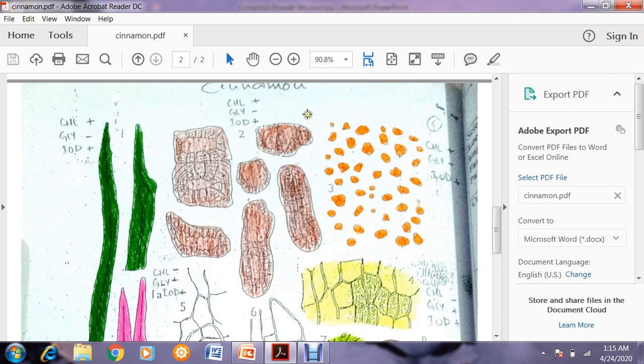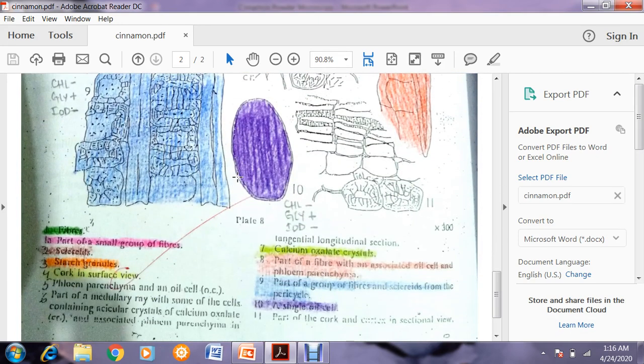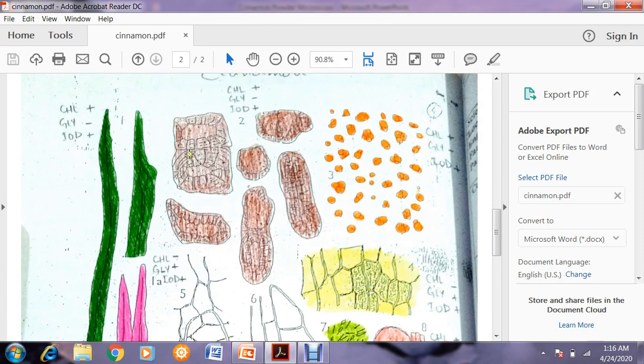Now these are the second characteristic features, which are basically the sclereids, as you can see in the detail. Number 2 is the presence of sclereids, the sclerenchyma cells. As you can see, sclereids are thick-walled cells, and these cells contain lignin. These cells are filled with lignin. Again, it was seen in chloral hydrate iodine, but in glycerin they didn't find it.